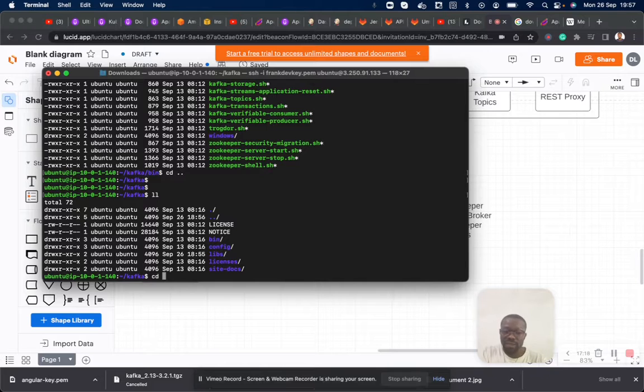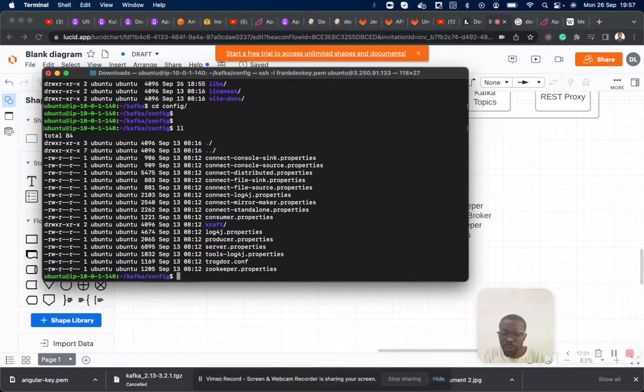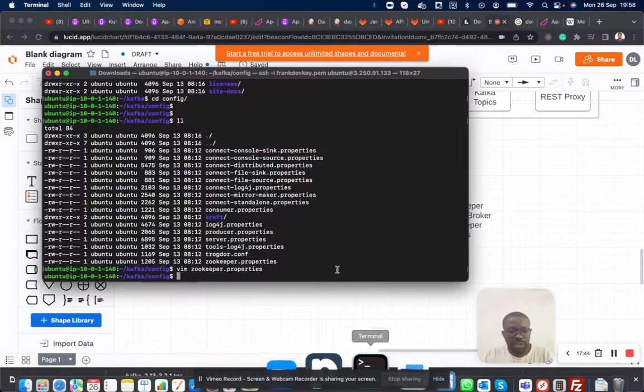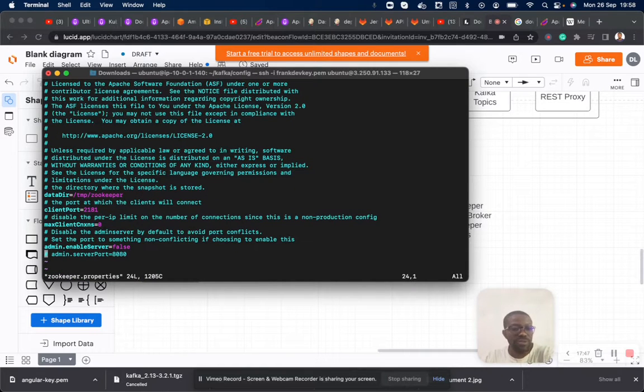In the config directory is where we have the entire configuration for both Zookeeper and the Kafka broker. If you need to make any changes to Zookeeper, it is in zookeeper.properties. If you do a vim zookeeper.properties, you see that the data directory where Zookeeper stores its files is /tmp/zookeeper. Then the client port: Zookeeper by default runs on port 2181.